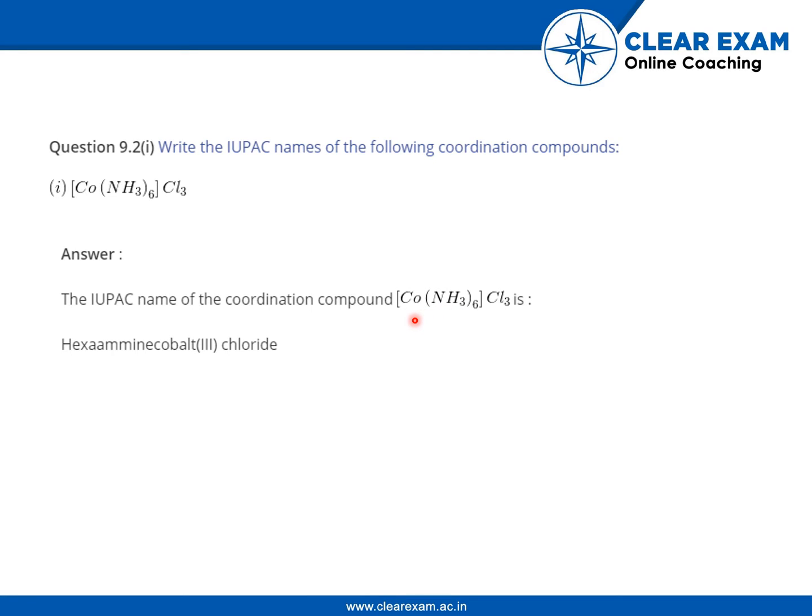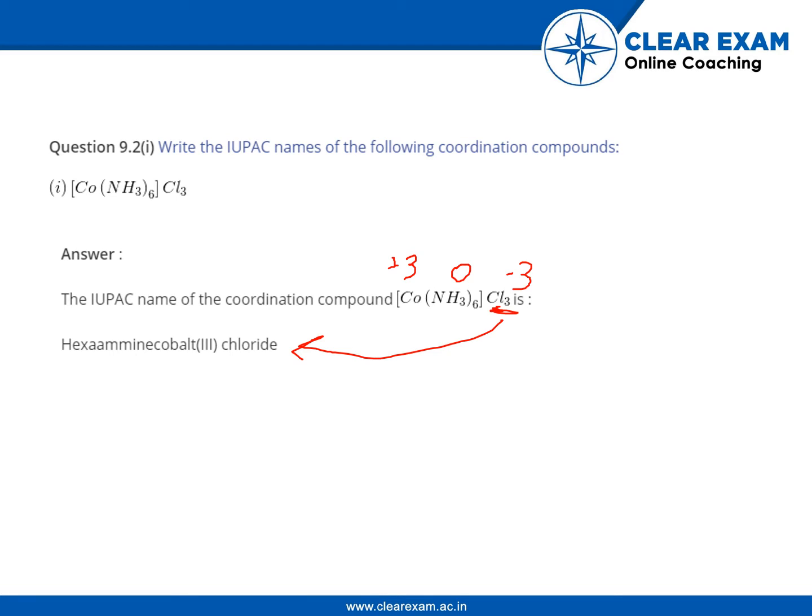Only the metal is present, so we will write cobalt, and after the cobalt we have to write what charge is possessed by the metal. Since amine has 0 charge and this entire thing has +3 charge, cobalt will have +3 charge, so cobalt 3, and then the ionization sphere, chloride. We don't have to write trichloride. In this part of the coordination compound we don't have to write the number, only the element present there.